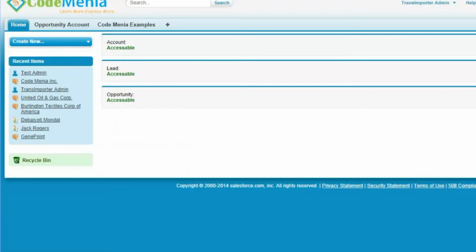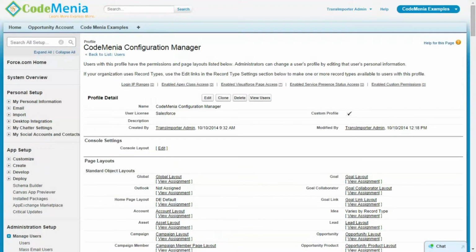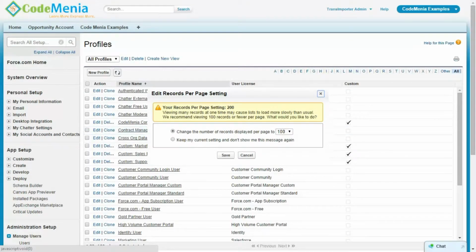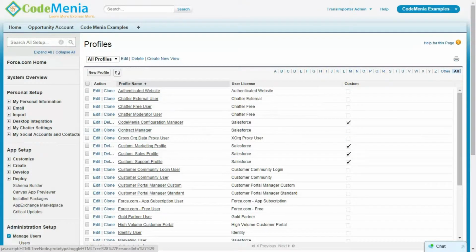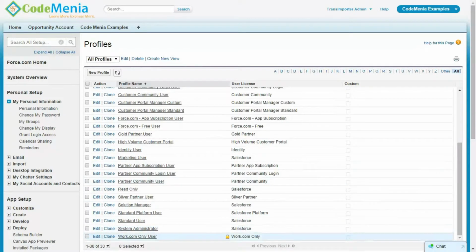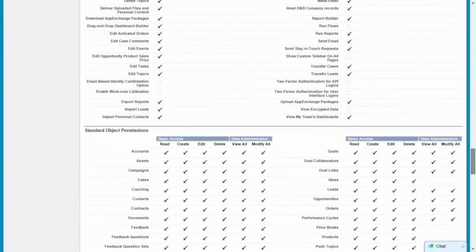So this has been done using this, and now we are going to check the configuration for object permissions for a particular profile in Salesforce. The current profile for the user is System Administrator, and we are going to check the permission of the objects lead, account and opportunity.